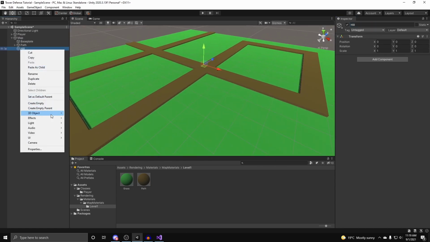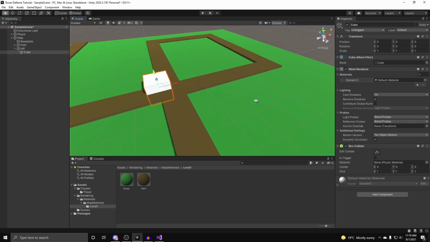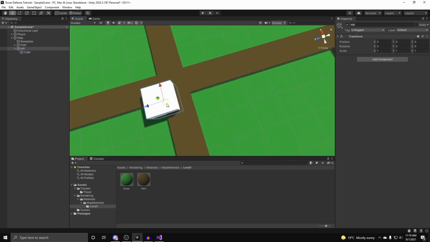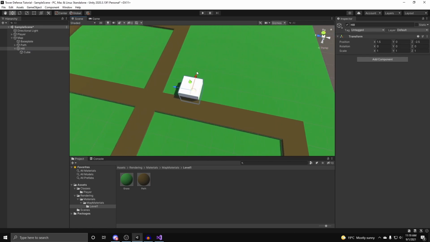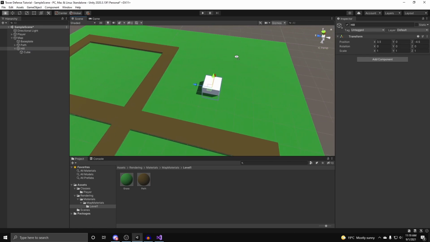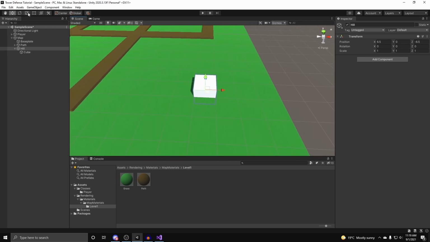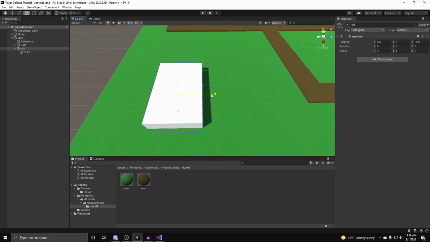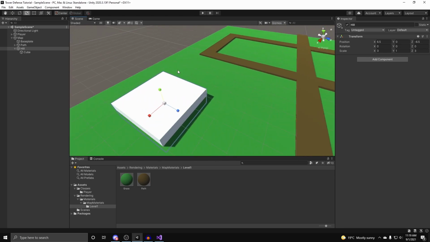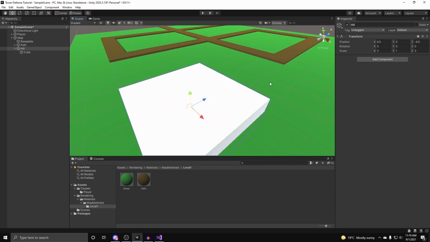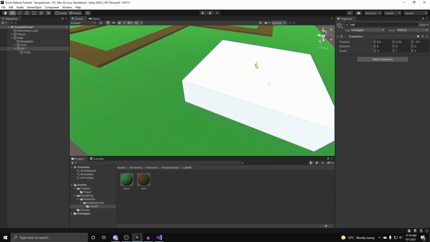And in here we can put in a cube, and we can move this hill game object over to a single grid cell, so we can scale this based off of our map. And I guess we can have it as big as something like that. So we can move this up,